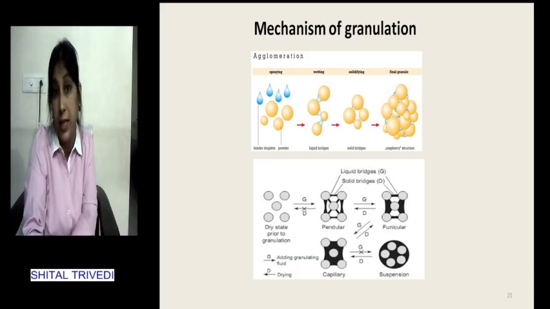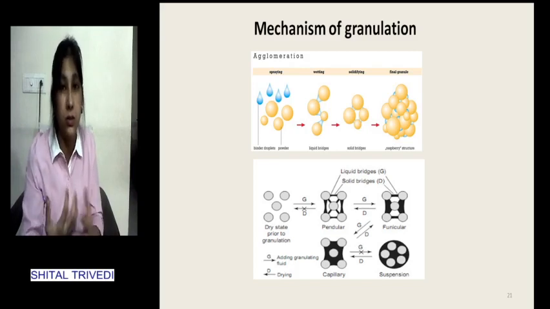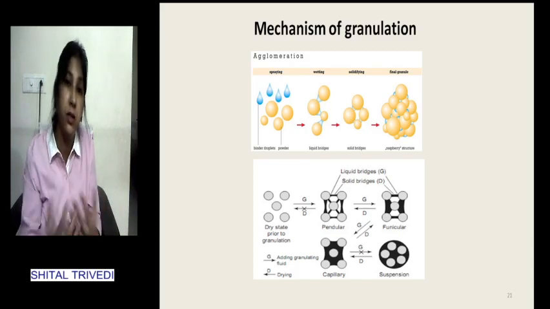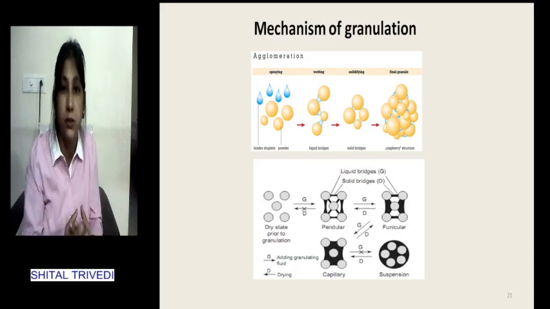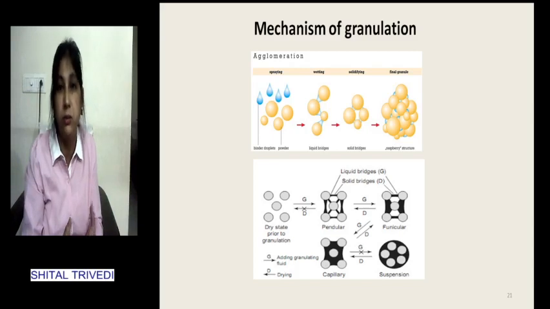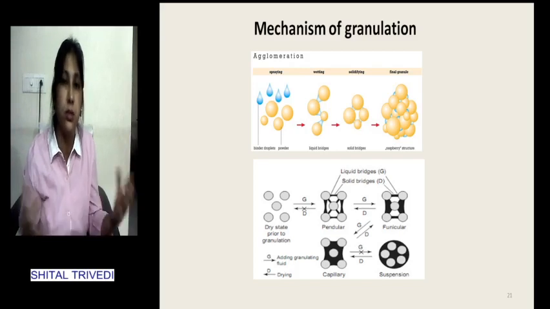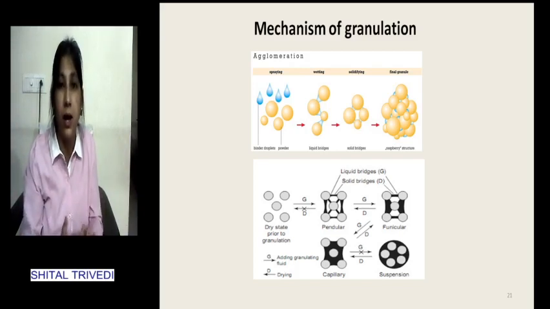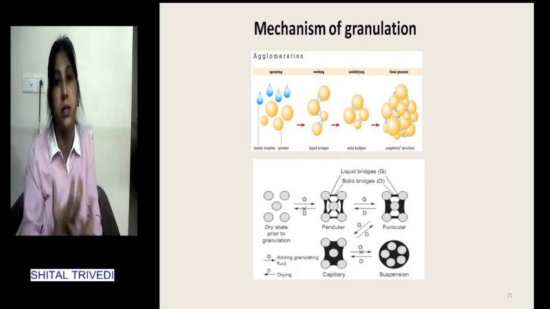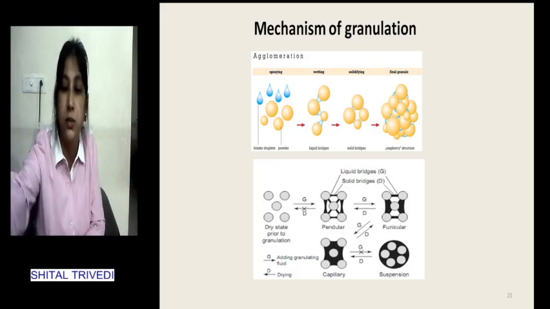Then what happens in dry granulation and direct compression? That is because of the van der Waals forces or the surface forces on the particles, and these forces become predominant when particles are brought together in close proximity, and that is the role of the pre-compression in dry granulation, or the compression in direct compression, between the cohesive particles. So in pre-compression and compression, the particles are brought together, and because of these van der Waals forces, the particles are held together in the form of agglomerates or granules.